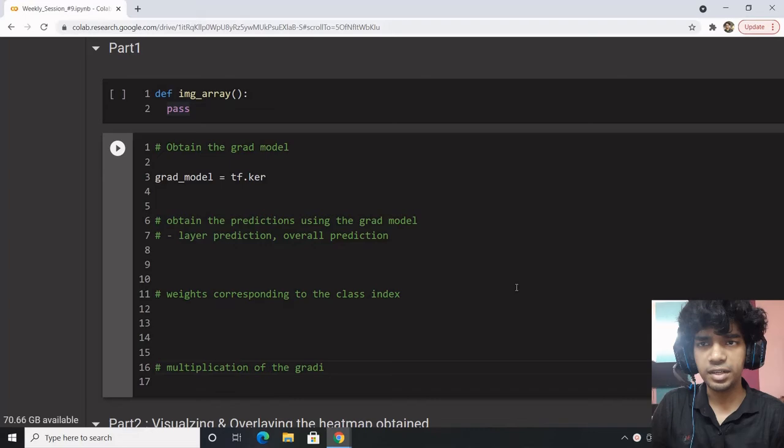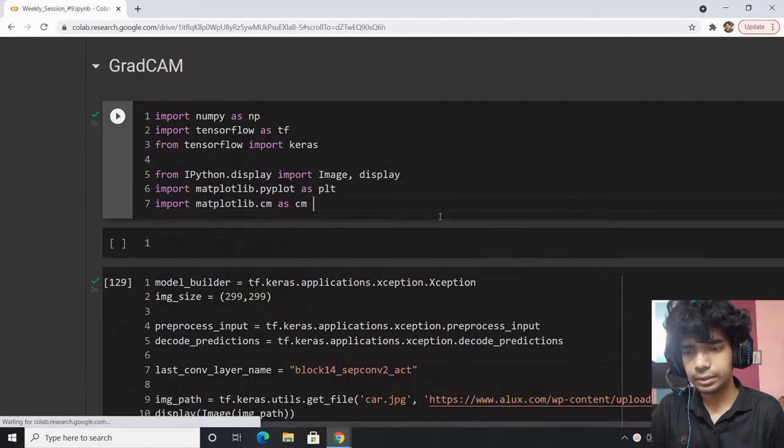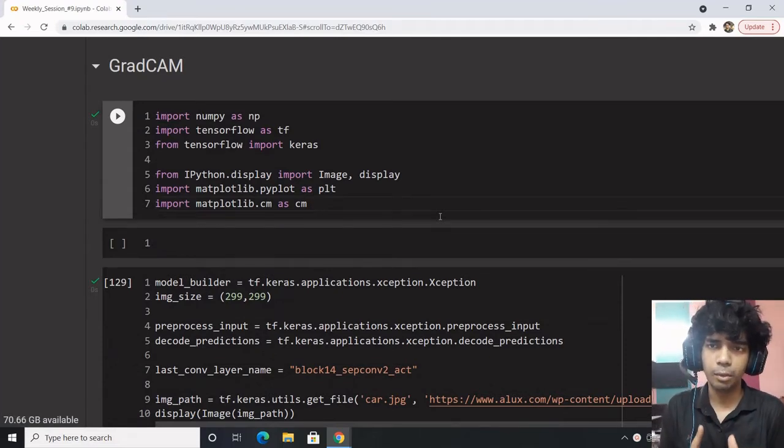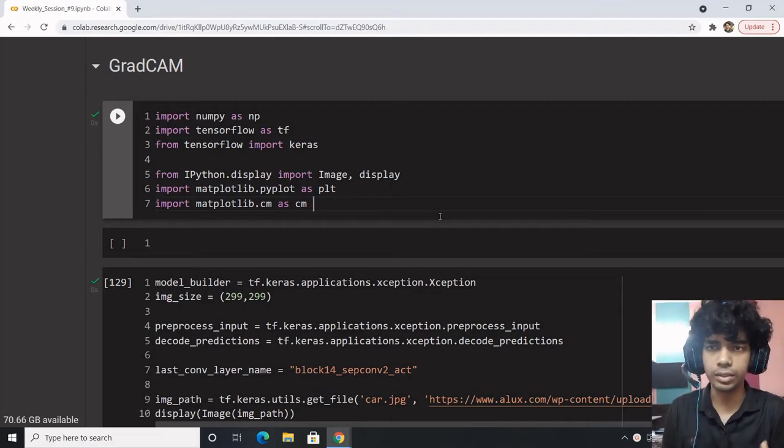Let us move to the final topic of the session, and this would be GradCam. Why GradCam? Because this helps you to understand what the neural network, basically the classification model, is trying to understand, and what the weights are focusing on when you pass in the input image. What are the weights focusing on?